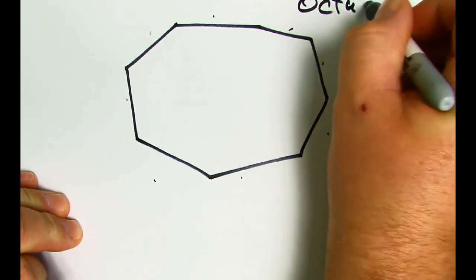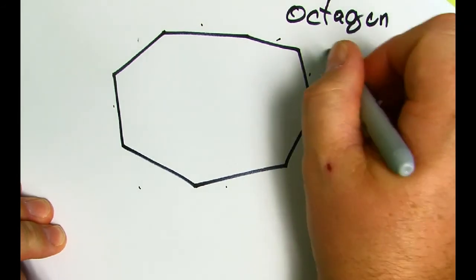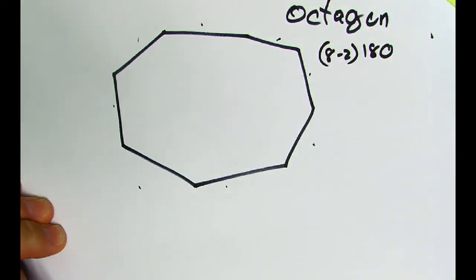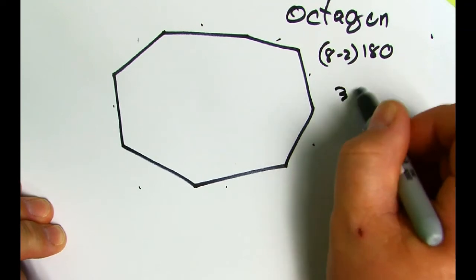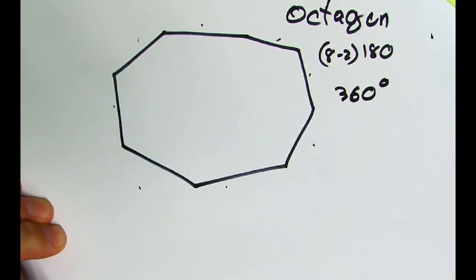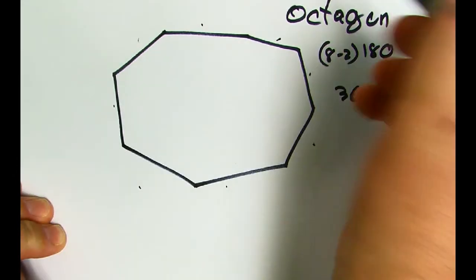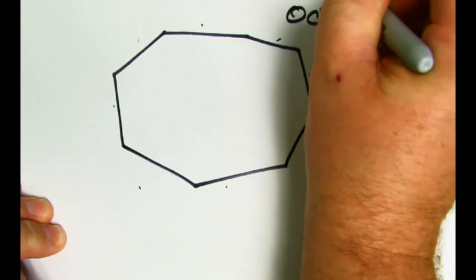It's an octagon. I can say that there are 8 minus 2 times 180. So 6 times 180 would be the number of interior angles. I could say 360 is the exterior angle. I could not give each interior angle because this is a non-regular